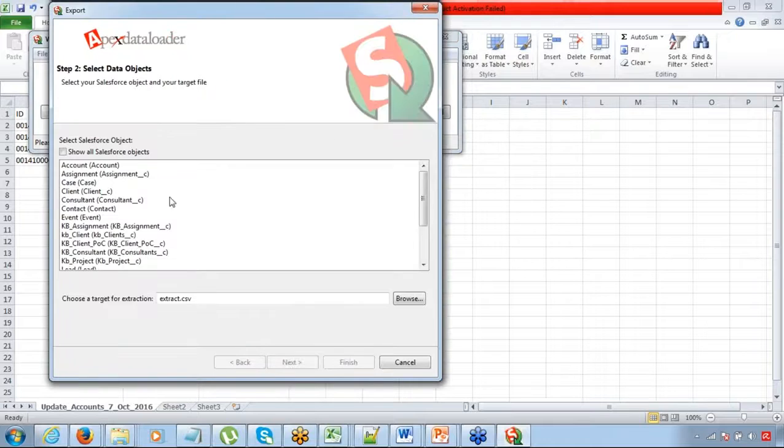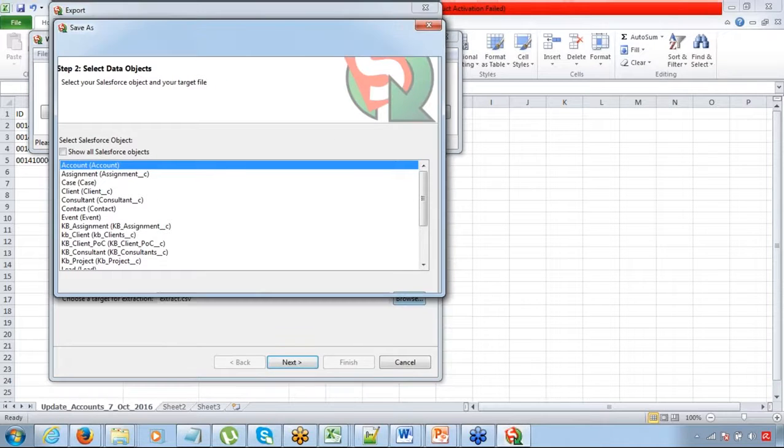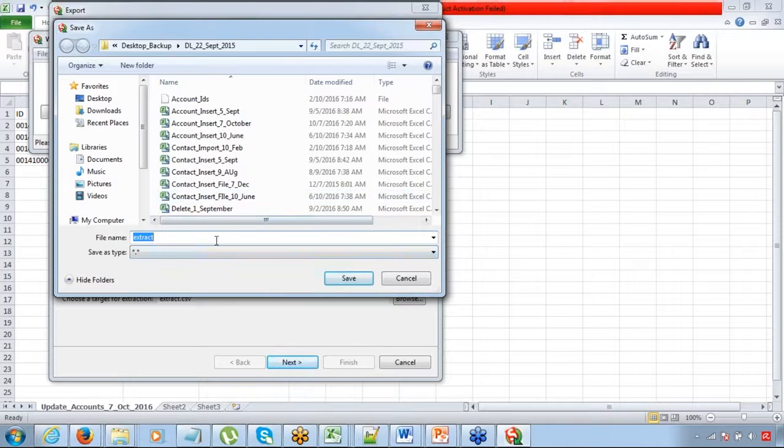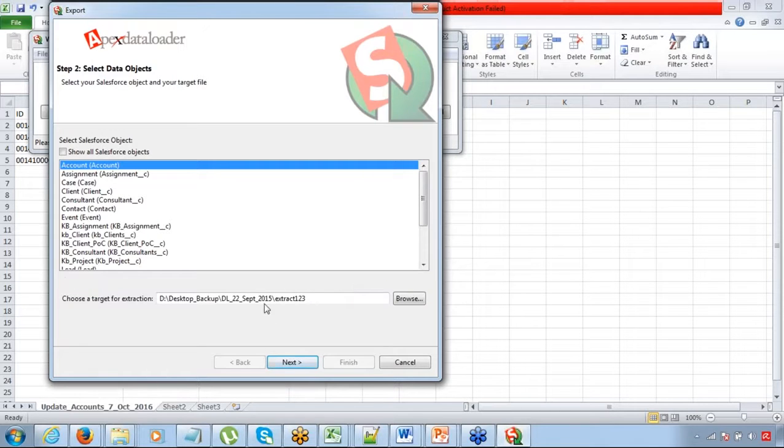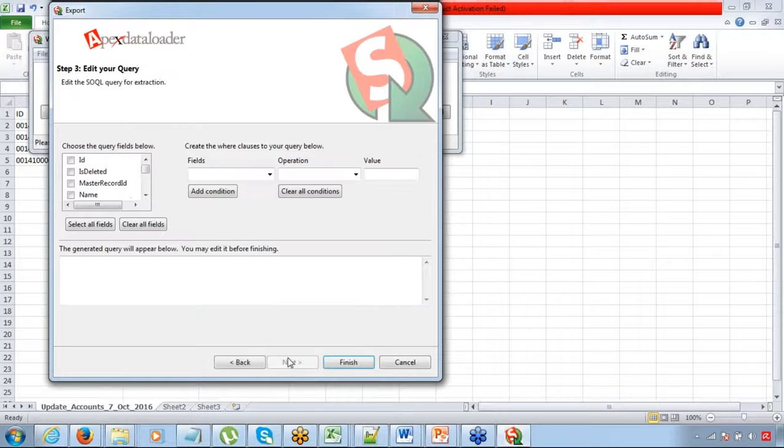So click on export, go to account, browse the location. So location needs to be browsed. extract123.csv. Fine. Okay. Yep. Now it's fine. Now it's getting saved in this location. Click on next. Select the columns that you want to extract or export. Billing city,